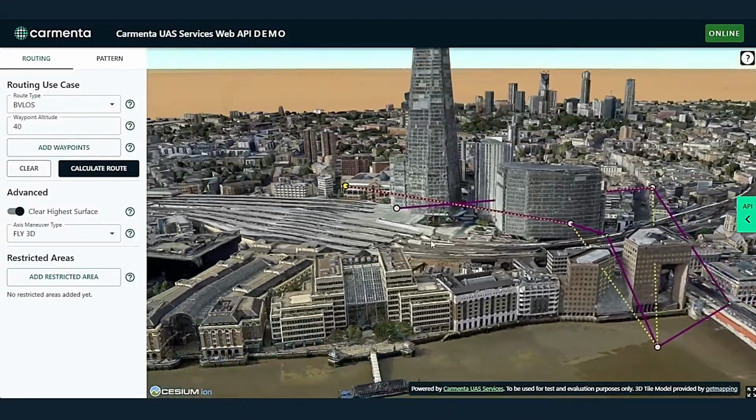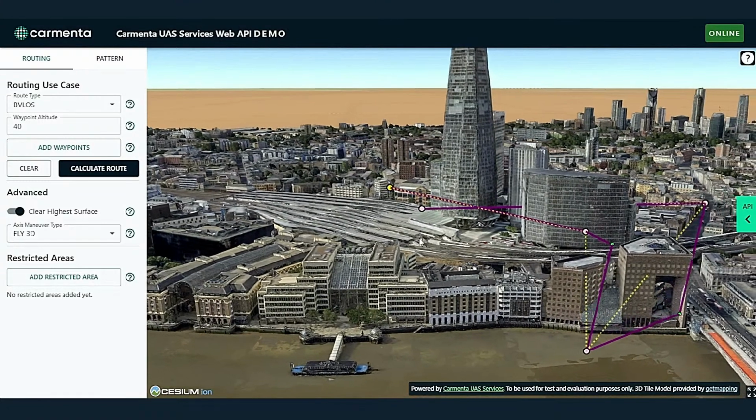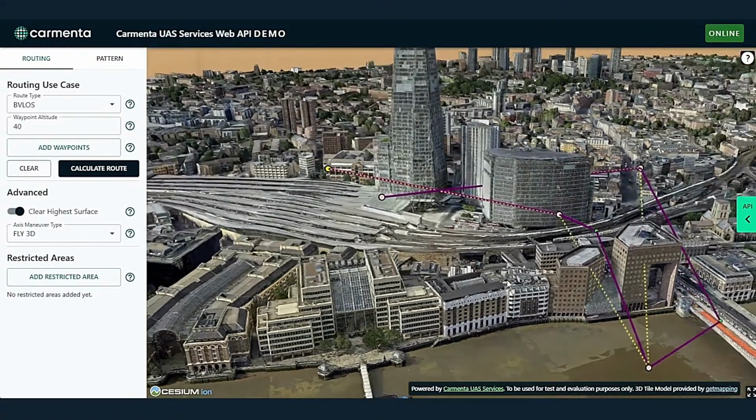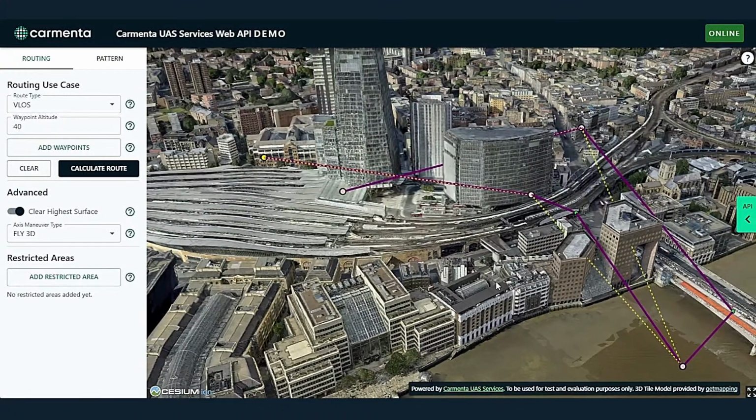And as you can see, this route would not comply with visual line of sight regulations. You wouldn't be able to see this path along here. You couldn't go around the building this way here. But with the API call, you can pass in a list of pilot or observer locations. It doesn't necessarily have to be one, depending on your operational safety case and what you're allowed to do. So in this demo, we've set that pilot location to be this waypoint, but it could be any location that you choose. So if we calculate that route,